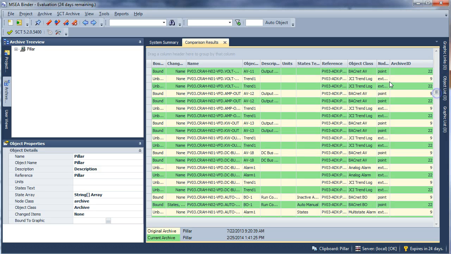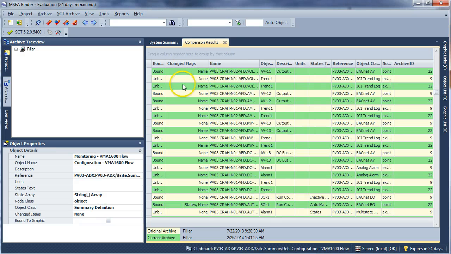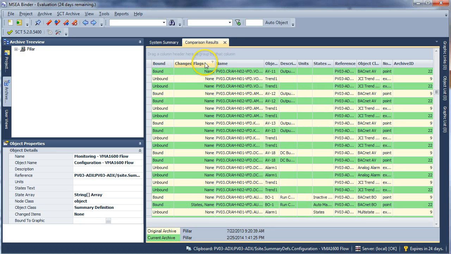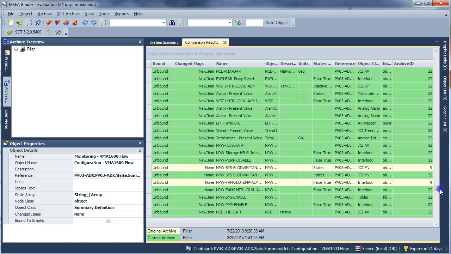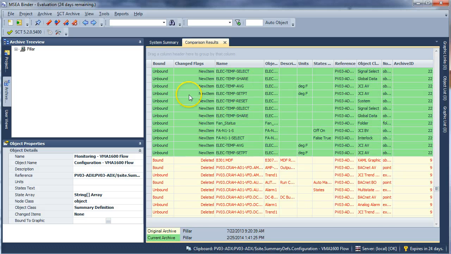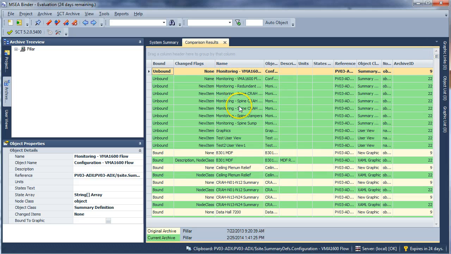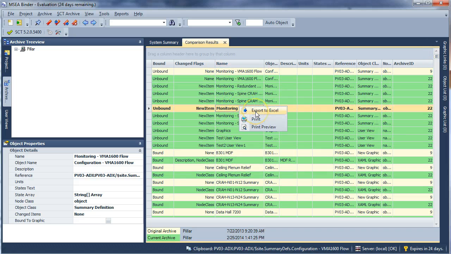And what has changed. So I expand this out. This change flags tells me what has changed. So all these green ones, in this case the name has changed, which doesn't really affect binding. And you can come down here and there's some new items added. See, they're brand new compared to the other database, and these were deleted. I can export this to Excel to do further analysis if I want to do sorting and filtering in Excel,